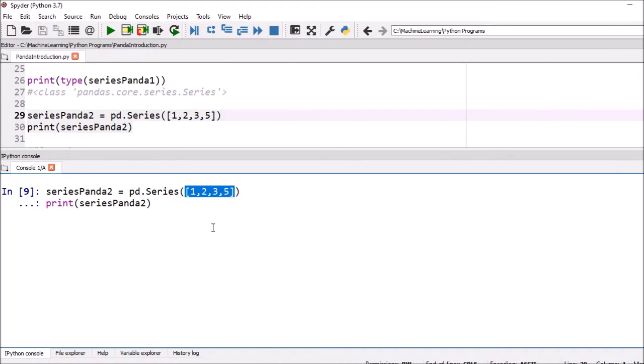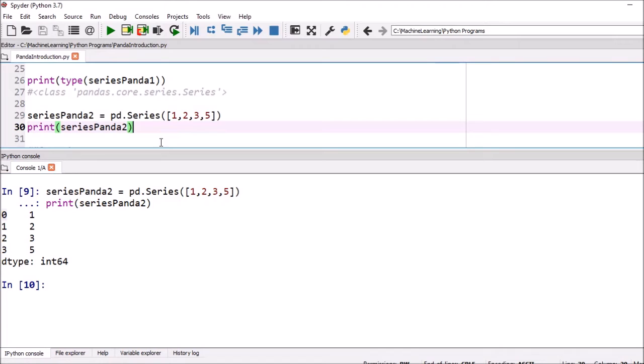Here we print this series. The values are 1, 2, 3 and 5, and the data type is integer. Automatically indices are generated 0, 1, 2, 3, starting from 0. So directly we can use a list inside the series function and define the pandas series.